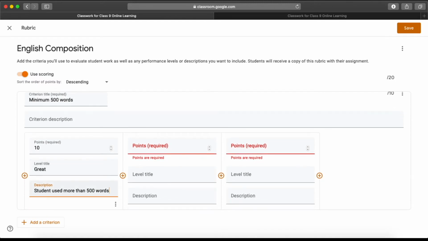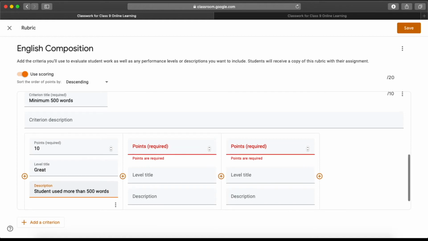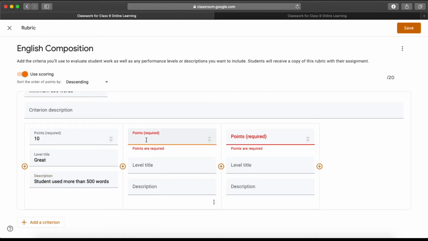So in case someone writes more than 500 words, then they will get 10. Second point. Okay, here let me mention points as 5, level as moderate, and the student used 450 to 500 words.